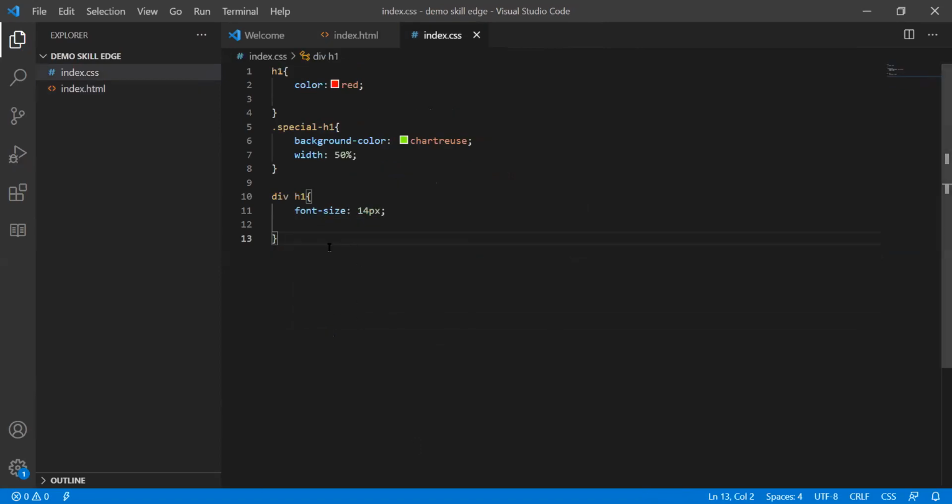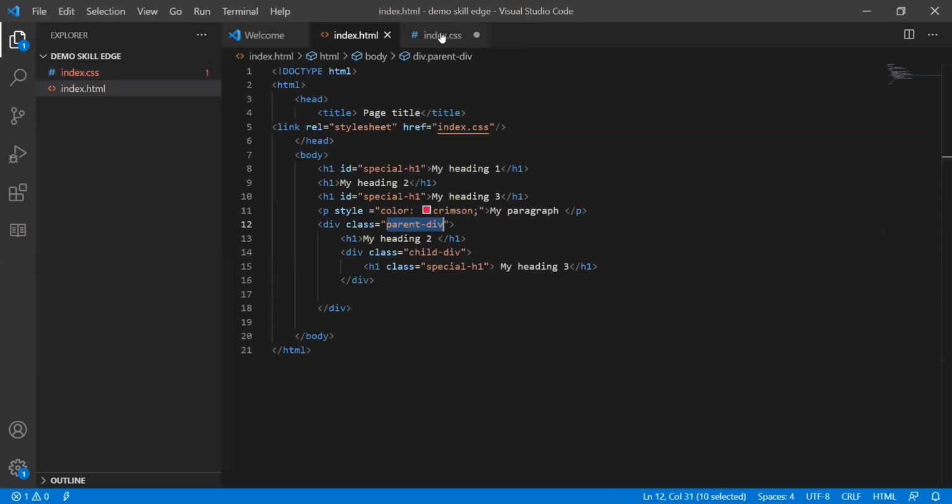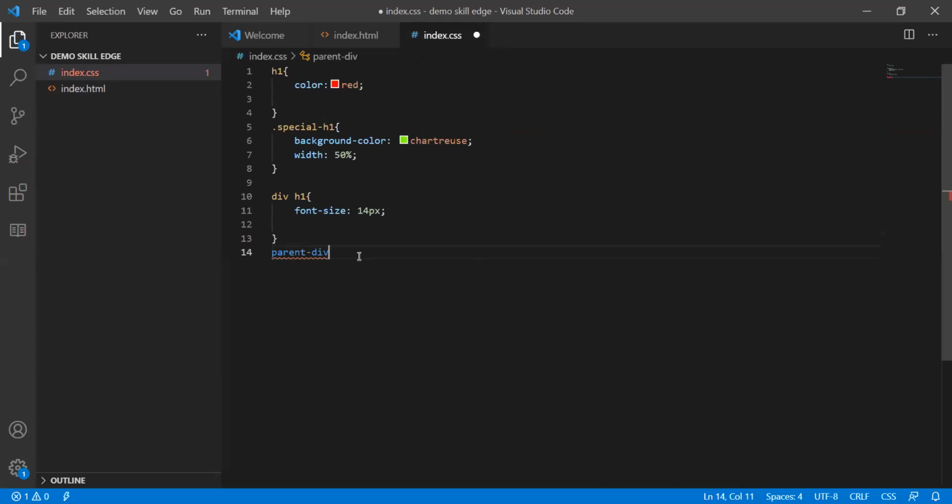Let us go to our CSS and we will see here. H1 tags here. We need to apply inside the parent div. Opening braces and close.